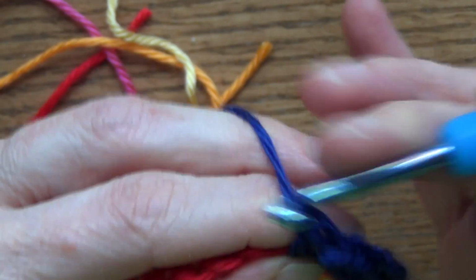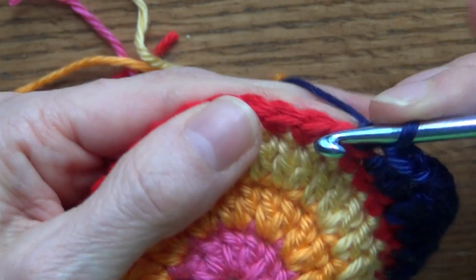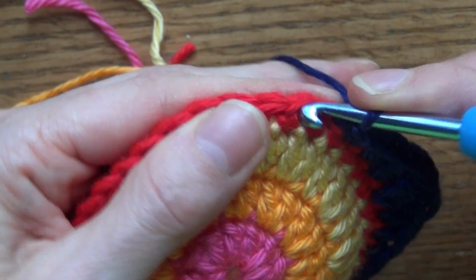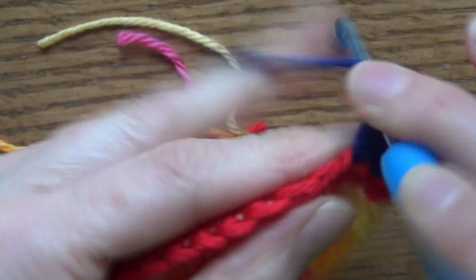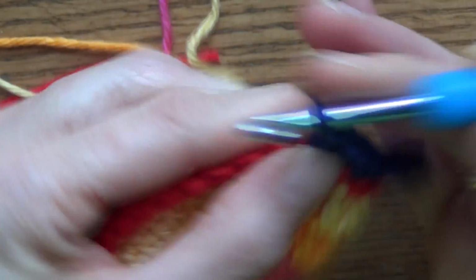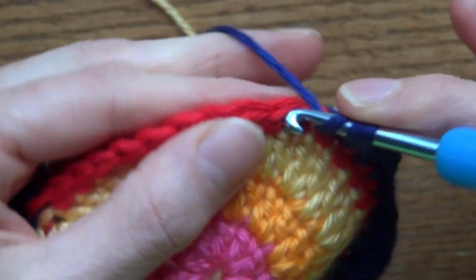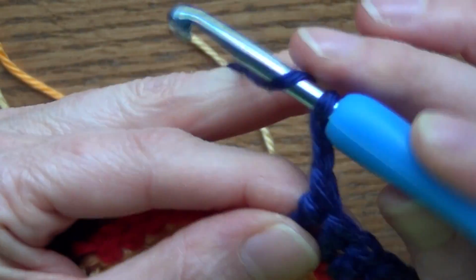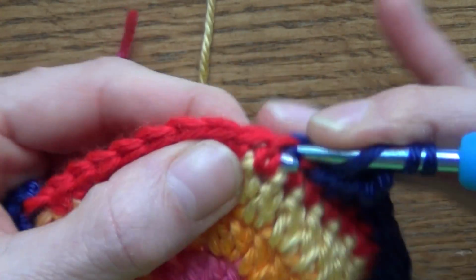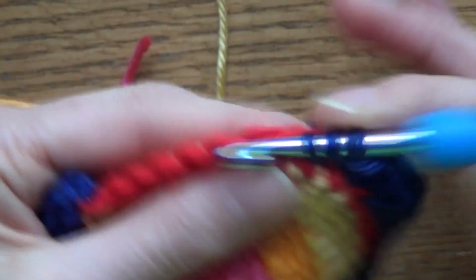So it's a double, double in the next, whoops, half double in the next, and then a single, half double, a double, a double, and then we got a corner again. So twice around in the next stitch, go through 2, go through 2, go through 2, chain 2, twice around your hook in the same stitch, double, double, and then next stitch double crochet,